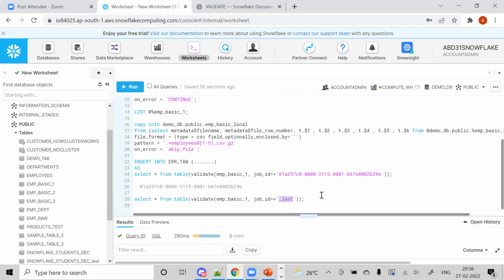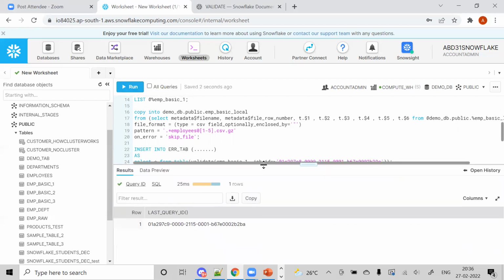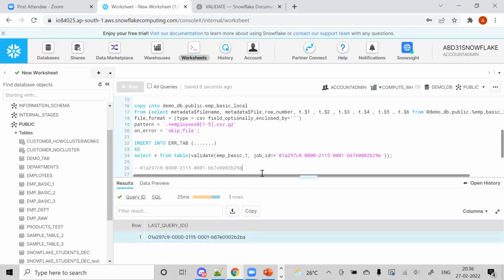Yes, yes. And also there is something called LAST_QUERY_ID. This also gives you the last query ID that was fired. So if we take it out,